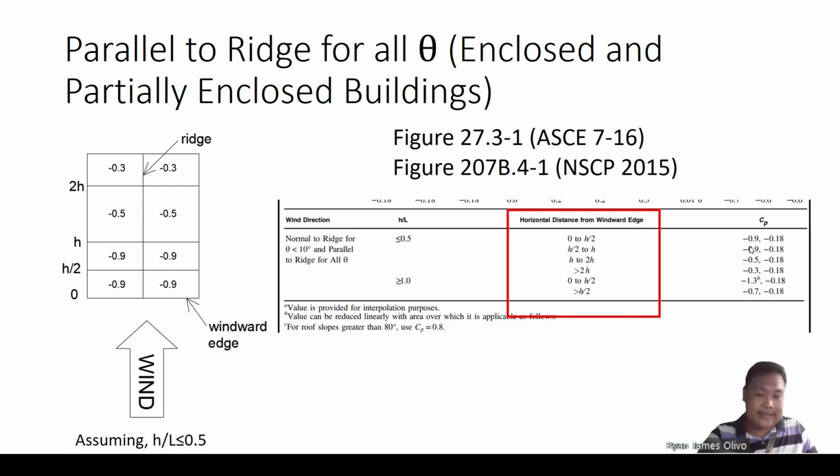So like I said, again, if we have different values, let's say 0.7 or 0.6 or 0.8, interpolate it. But the interpolation here is between 0 to h over 2 and h over 2 to h, that is negative 0.9 and negative 1.3. And it's between anything and negative 0.7 if it is greater than h over 2. So anyway, it's very easy to understand this table. Just do interpolation, don't be lazy, because it's very important